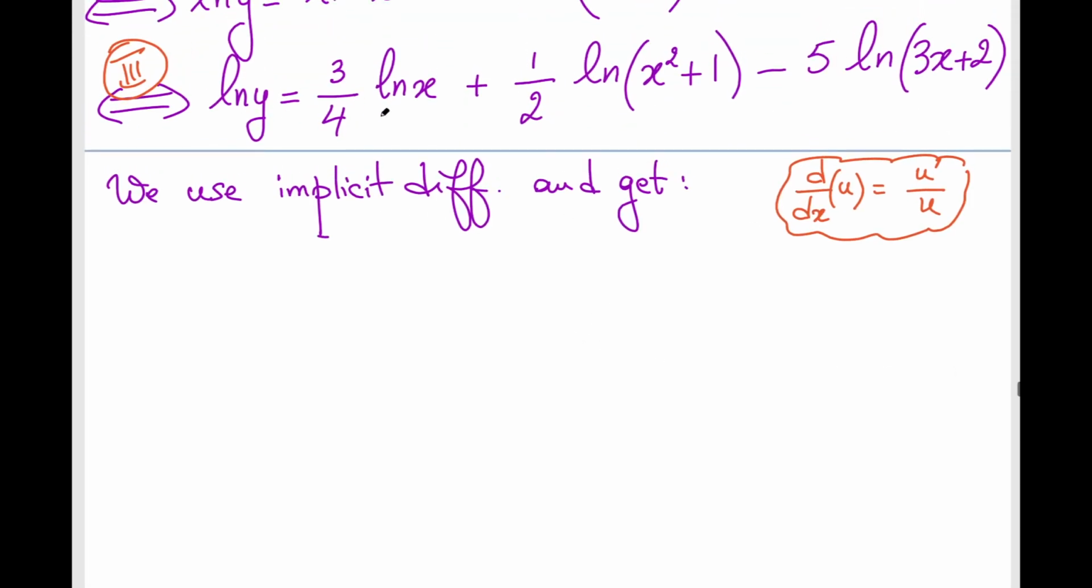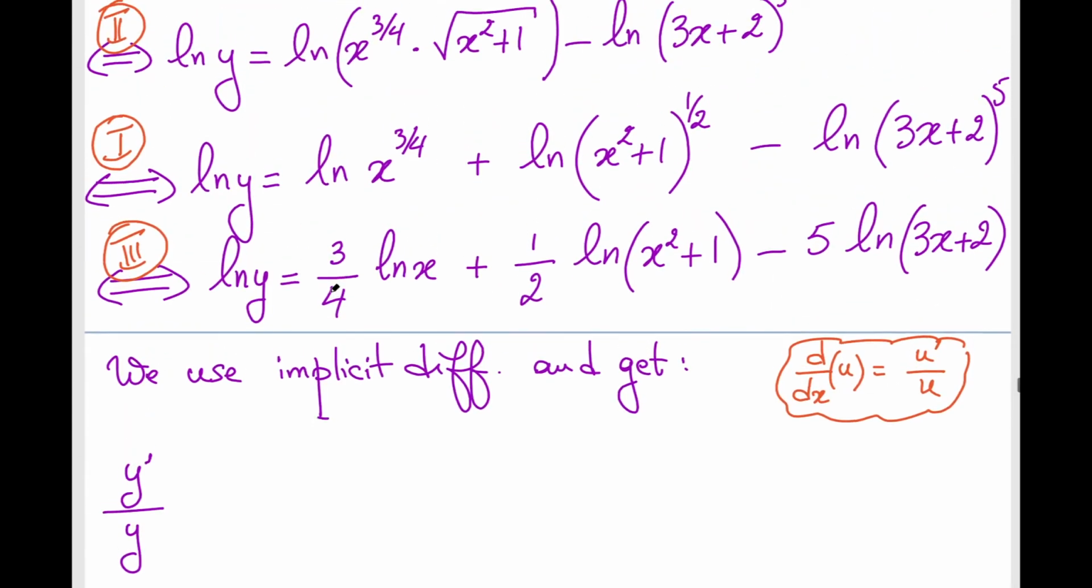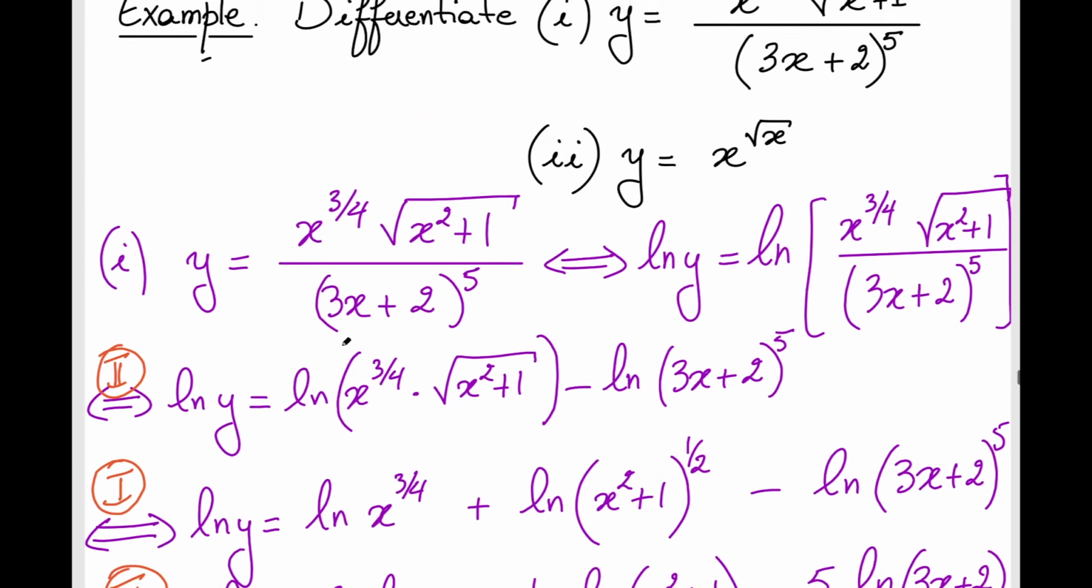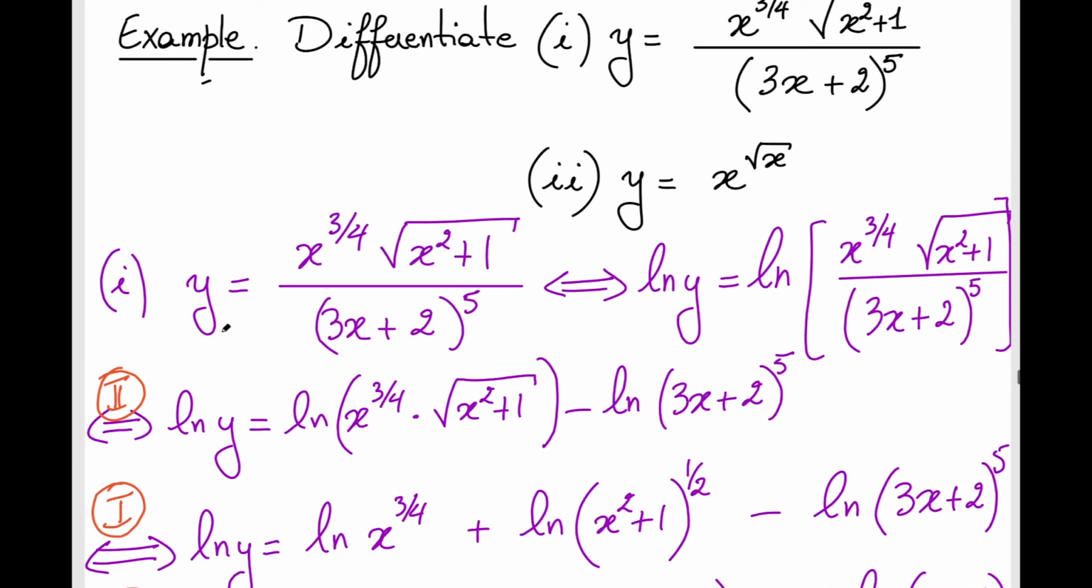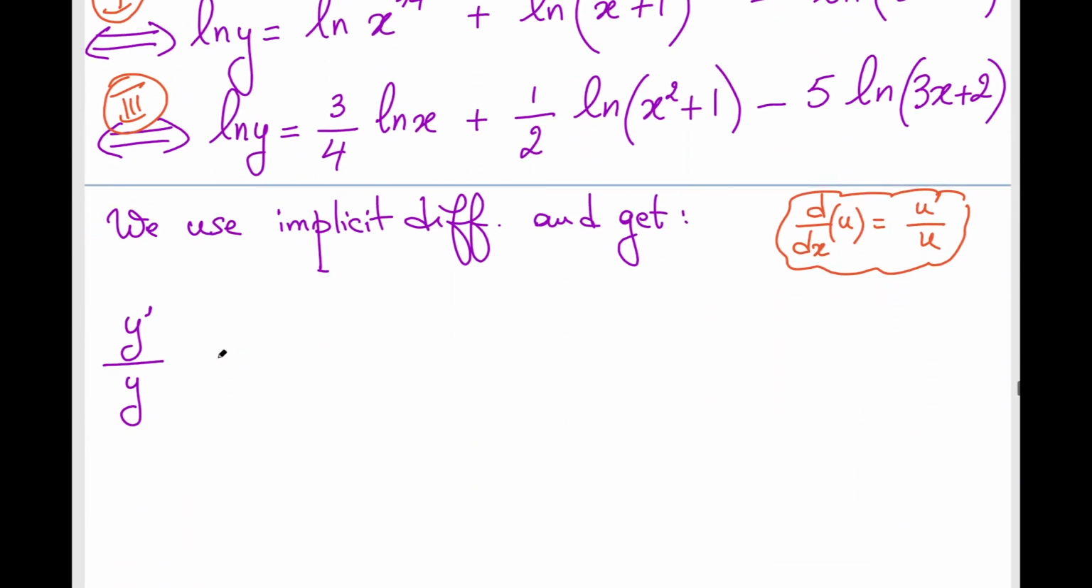So I'm using implicit differentiation on both sides. That's gonna be y prime over y. Recall, what do we want? We want y prime. We want to differentiate y, right? That's the question. So we want y prime. It's part of the game now. Equals,